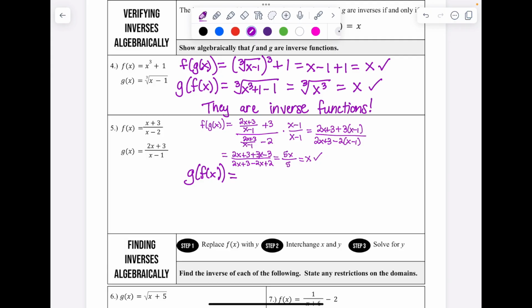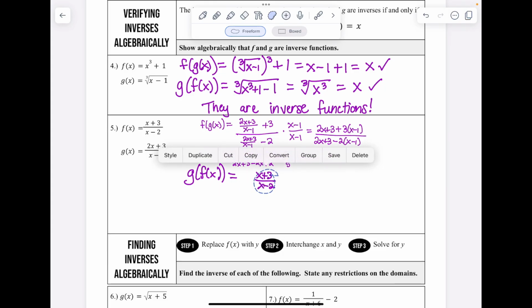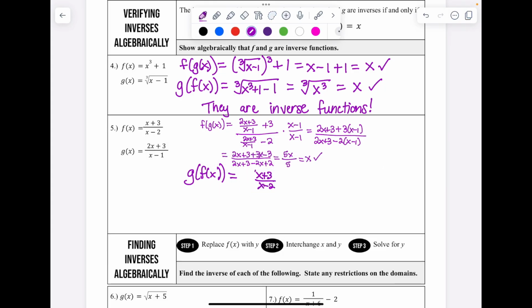Okay, so this time I have to put the (x + 3)/(x − 2) into the g of x function. So I almost forgot, I have to multiply that by 2. So let me slide it over a minute. Put my 2 in front of it, plus 3. And then in the bottom, (x + 3)/(x − 2)